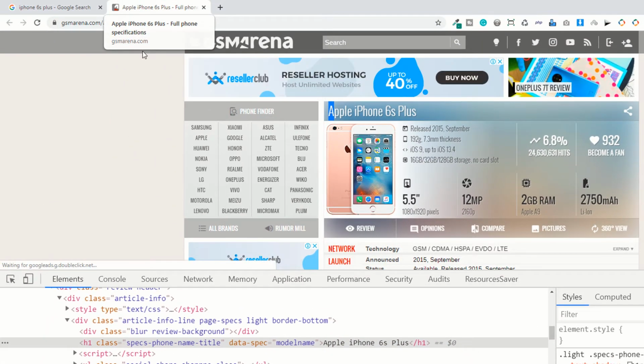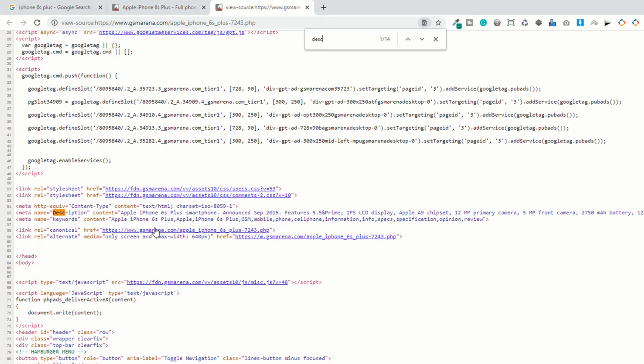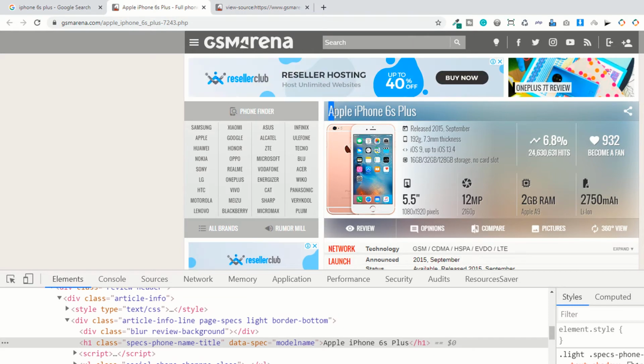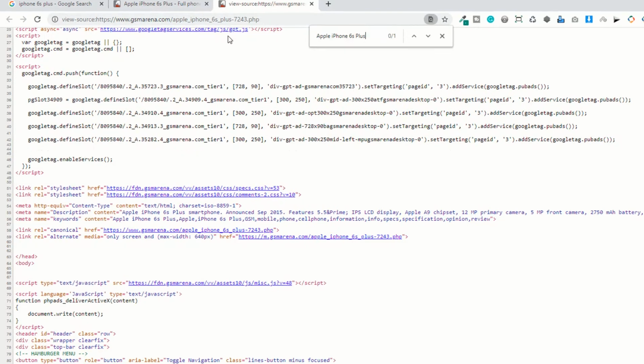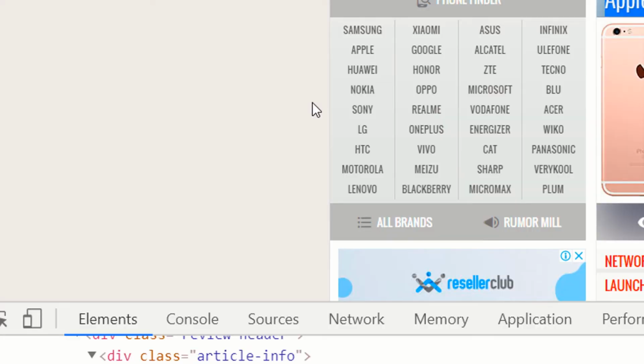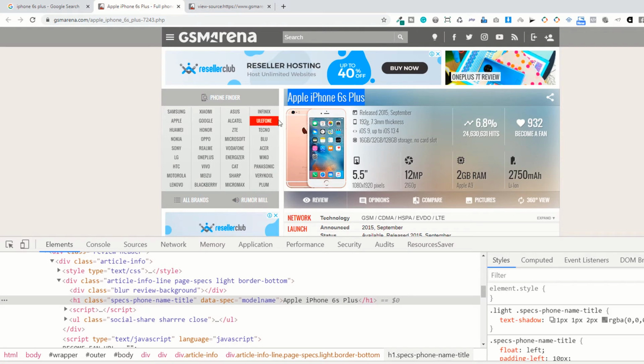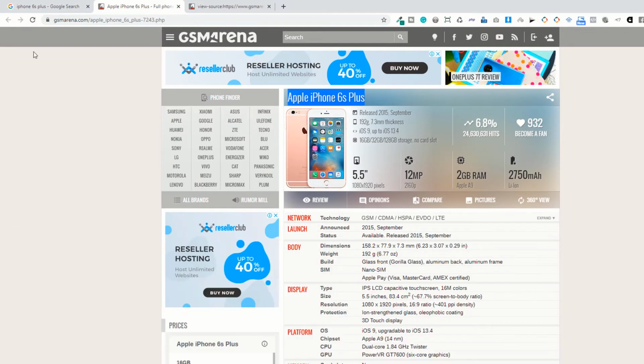So iPhone 6s Plus, if you right click and view page source, in the descriptions, as you can see, you have the same keyword iPhone 6s Plus available. As you can see, the iPhone 6s Plus descriptions, and also the keyword is iPhone 6s Plus. So you must have the keyword in the title, the descriptions, and the H1. We'll discuss this later, but for now